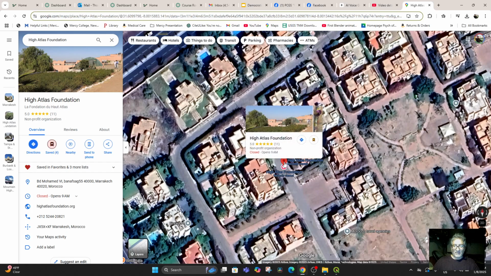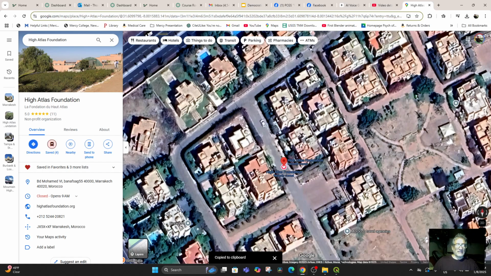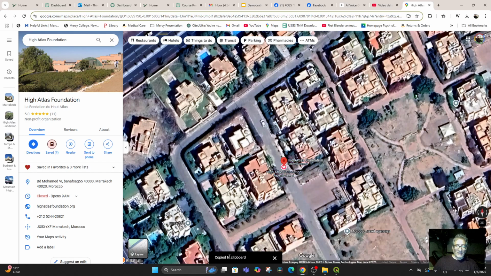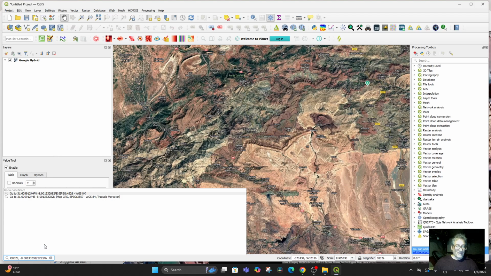If I can get the image to stop here. Yep. Get the latitude, 31.6, and the longitude, -8.0. Right-click. Click on that, left-click. So you right-click to pull it up, and then left-click to save it to the clipboard. Then go back to QGIS, and then put that down here in the search bar. And then go to coordinate by clicking up here where it says go to coordinate, and